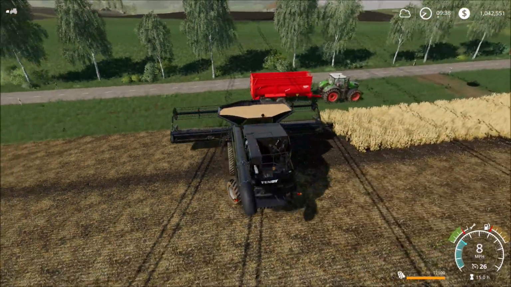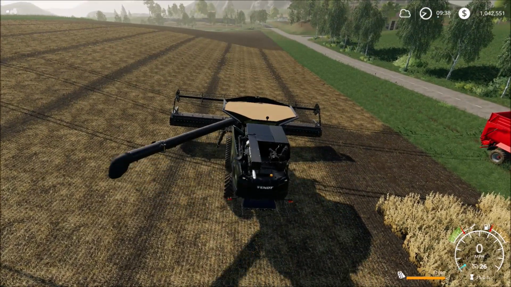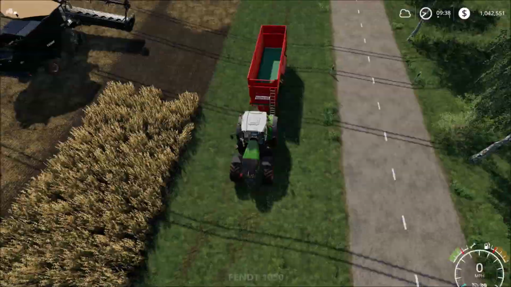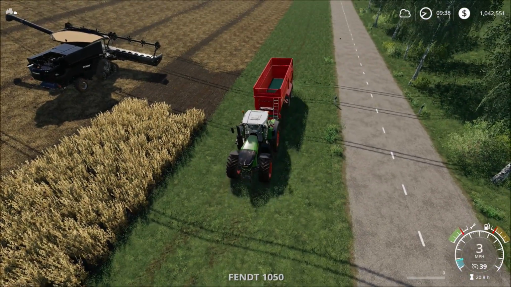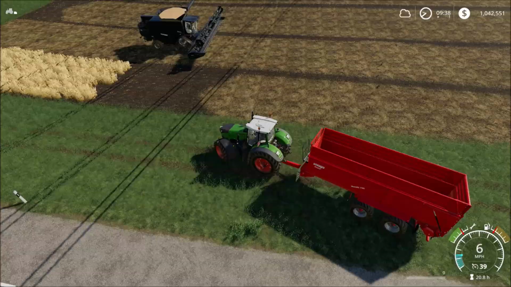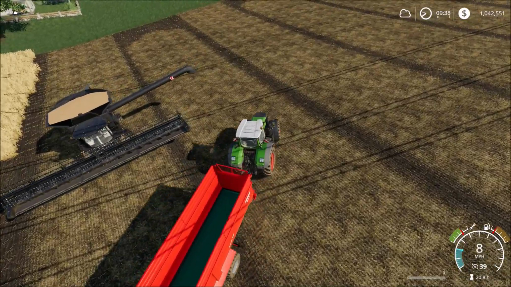Let me move this thing and try something. Move it over here. Let's put the pipe out. And let's move the trailer over. See if that helps. I don't see why it would matter, but for giggles, let's see if it does before I have to reset this and lose my grain. It seems like, I mean, I'm on a hill now. It seems like it shouldn't matter, but...